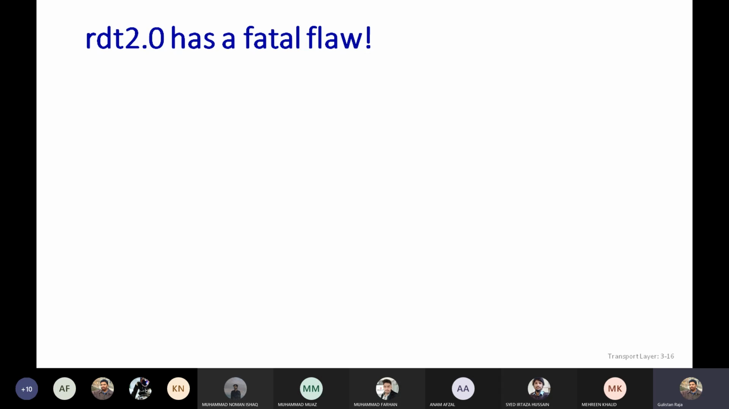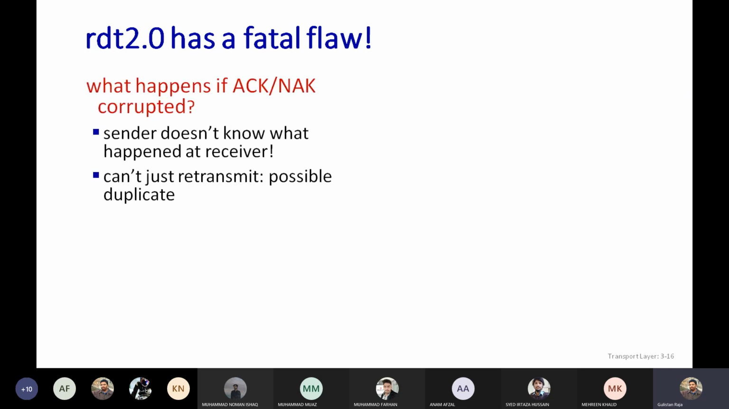I mean, same channel is used for sending packet as well as ACK or NAK. So ACK and NAK can also be corrupted. What to do then? What happens if ACK or NAK is corrupted? So sender doesn't know what happened at the receiver. So it simply just retransmits, क्योंकि पॉसिबिलिटी ये है कि अगर ACK हुई तो वो डुप्लीकेट हो जाएगा।